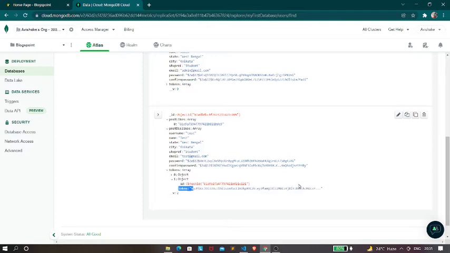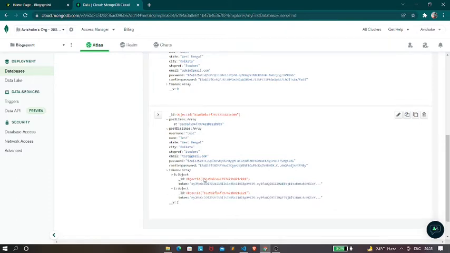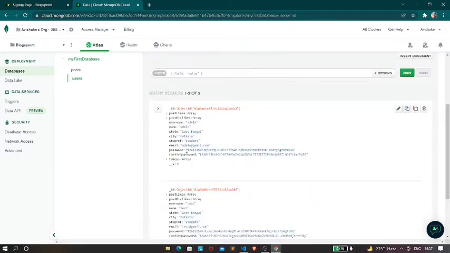If the user logs into the system, a unique token is generated, which is known as JWT token or JSON Web Token. And this token is being stored over here in the form of an array. The password is being hashed over here. Over here also the password is being hashed.